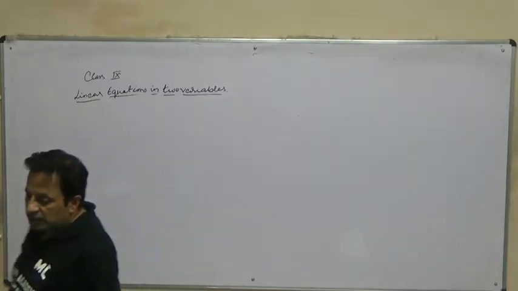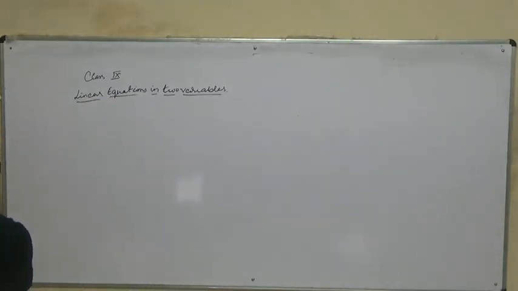So as we did in the last lecture, we have drawn the graph for the linear equation in one variable. Now we have got linear equation in two variables. We have drawn one graph. So continuing with the same, we start with this. The question is, draw the graph of 2x plus 3y is equal to 5.